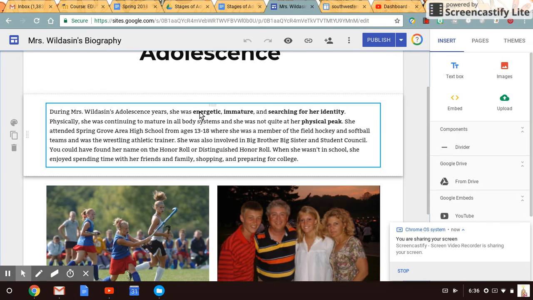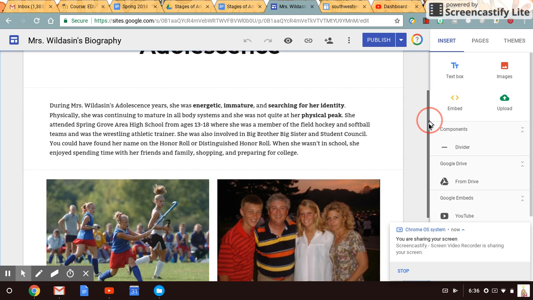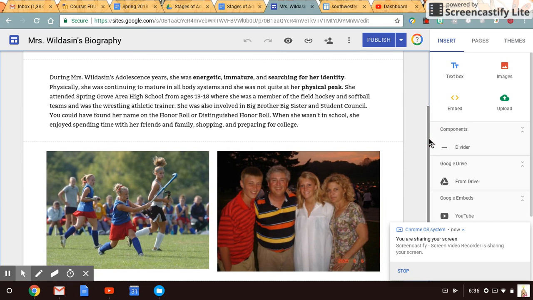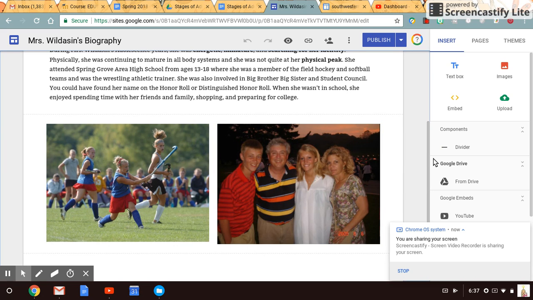We talked about how adolescents are energetic, they're immature, they're searching for identity, and we talked about the physical peak. You can read over this if you have a chance, but this is just my life in the age ranges of 12 to 18. Here are 2 pictures. I enjoyed playing field hockey, and then a picture of my graduation with my family.